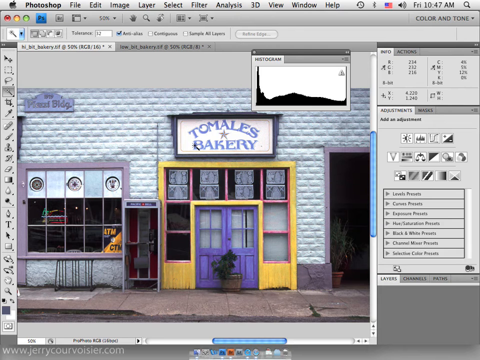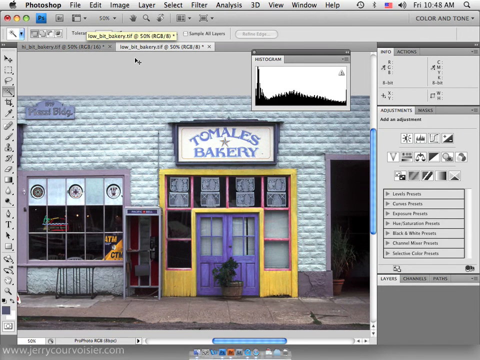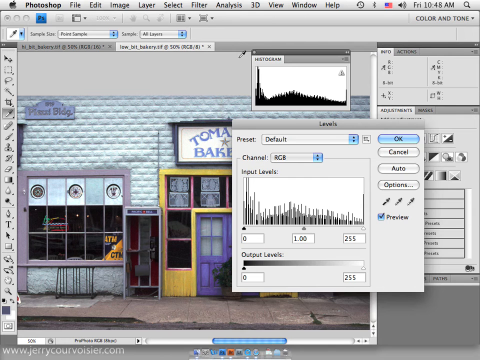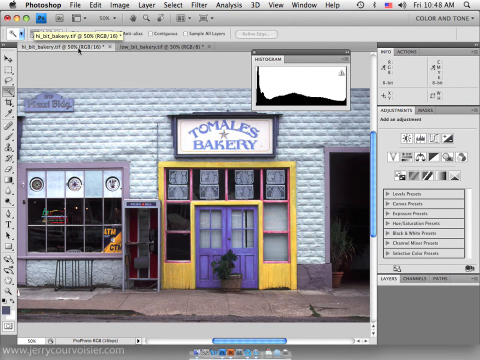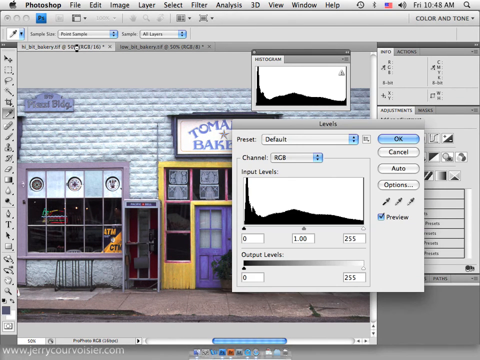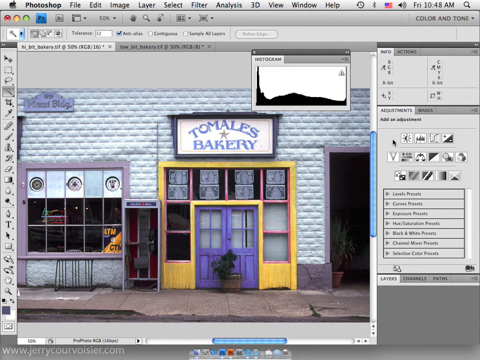Now we have 16 bits versus 8, so we've got double the file size actually, and the comparison to be made would be to go back to the low bit and relaunch the levels command to see that combed effect. Whereas if we went to the 16-bit image and do this, notice that the redistribution of data is smoother. So the advantage of working in 16-bit is that our image adjustments aren't quite as destructive, and so we can